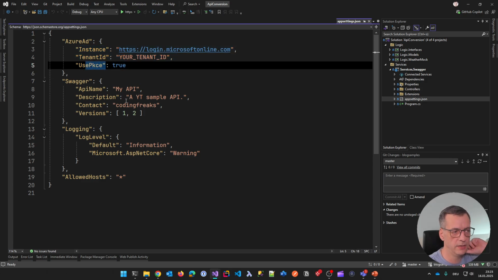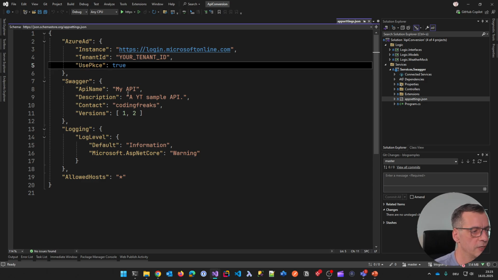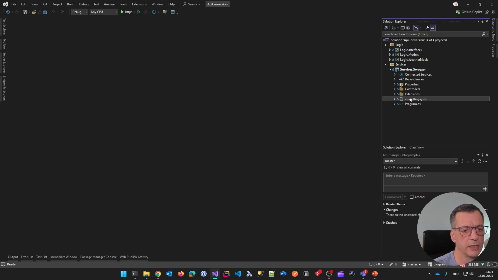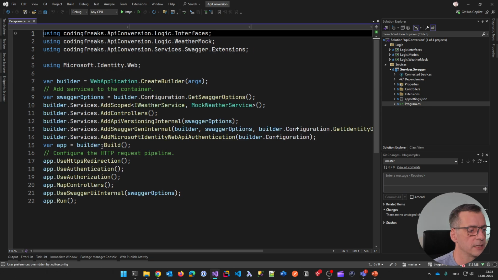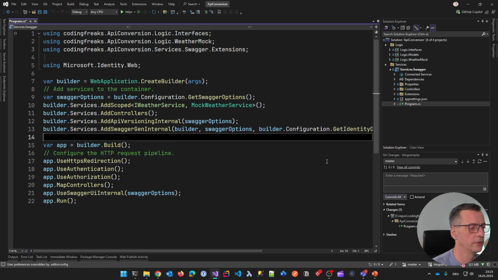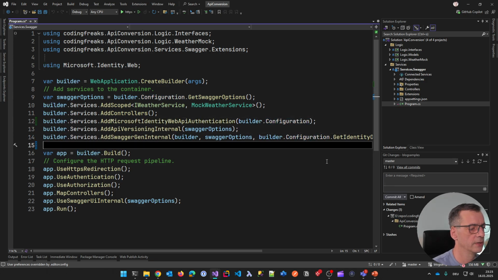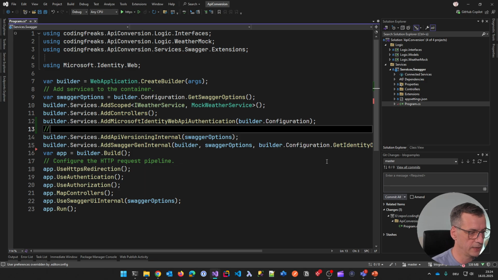I'm using PKCE in order to have a more secure authorization flow. I can read it up. This is all default options documented by Microsoft. This is Microsoft Identity Options, which comes out of it. I could put that to the top so that everything is together. So now this section says doing